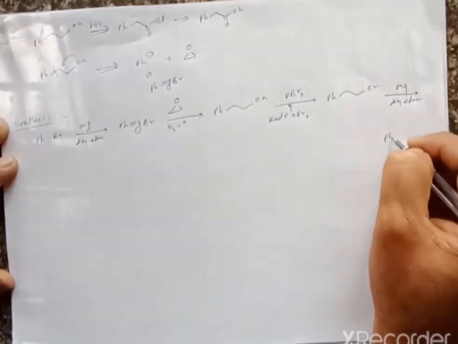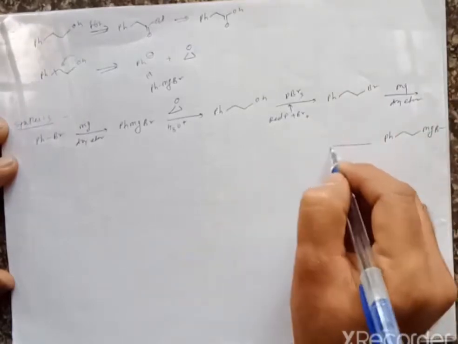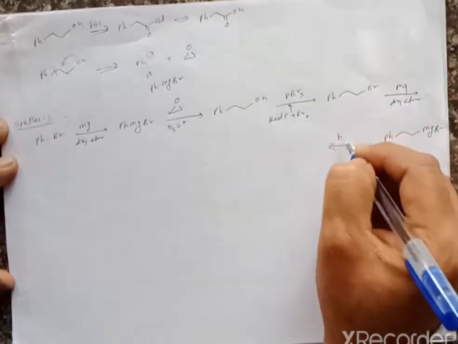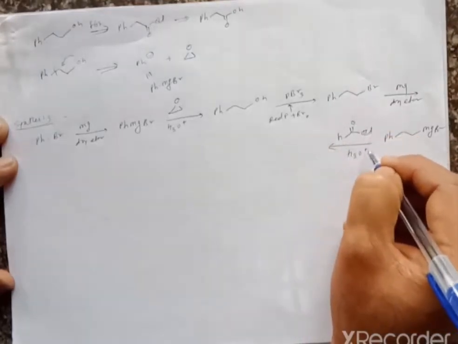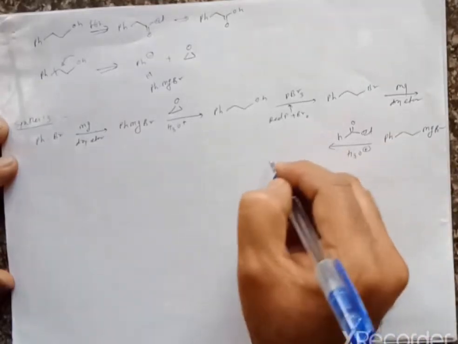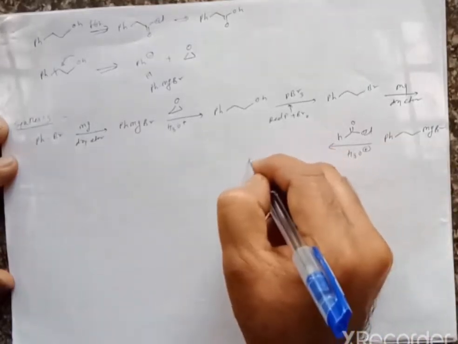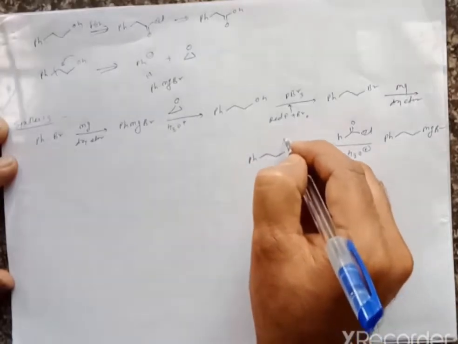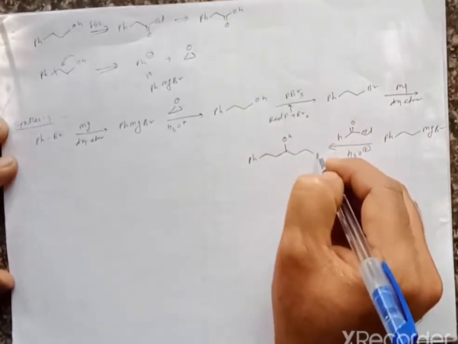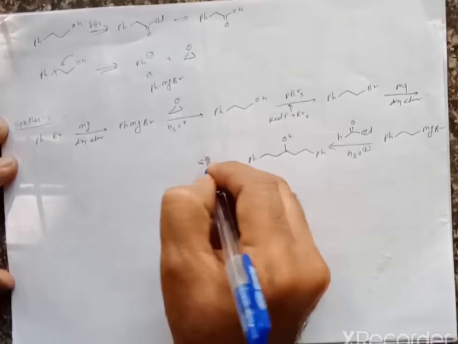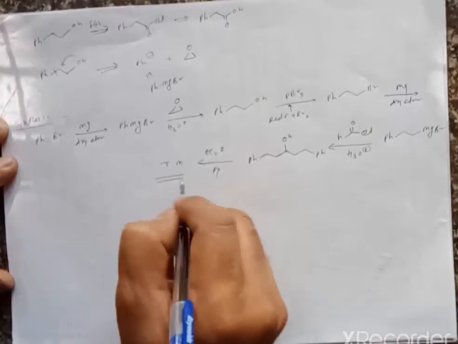So what it gives? It gives formation of PhCH2CH2MgBr, right? Now again we have to treat this molecule with formyl ester, that is ethyl formate in presence of acid. So what it gives? It gives formation of a symmetrical alcohol, that is PhCH2CH2CH2CH2OHCH2CH2CH2Ph, and then if we treat this molecule with acid anhydride in presence of pyridine, it gives formation of target molecule. So this is the simple method for the preparation of such type of target molecule.